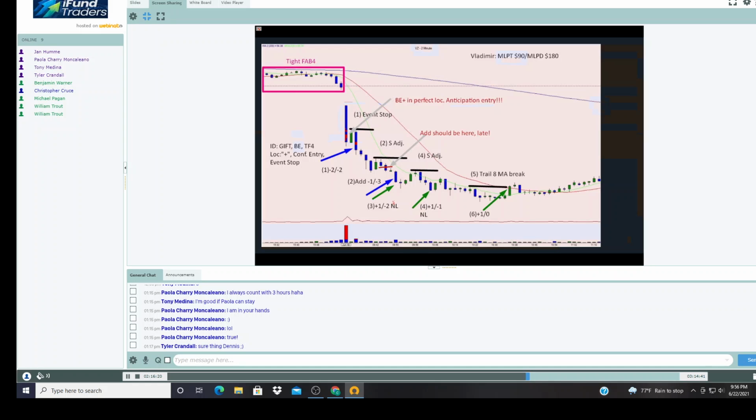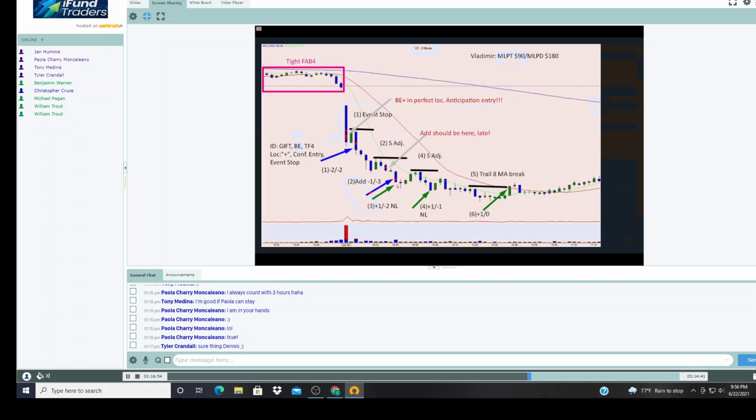Okay. And this is a little curious. This puzzles me a little bit. So you add here, and then you cover immediately again. So what happened here? I mean, does that make sense? Big profits here on the add? Don't think so, Vladimir. If you add to a trade, that means you also expect quite some potential to move on there, to follow through, and you didn't do that. So basically, this doesn't make any sense.